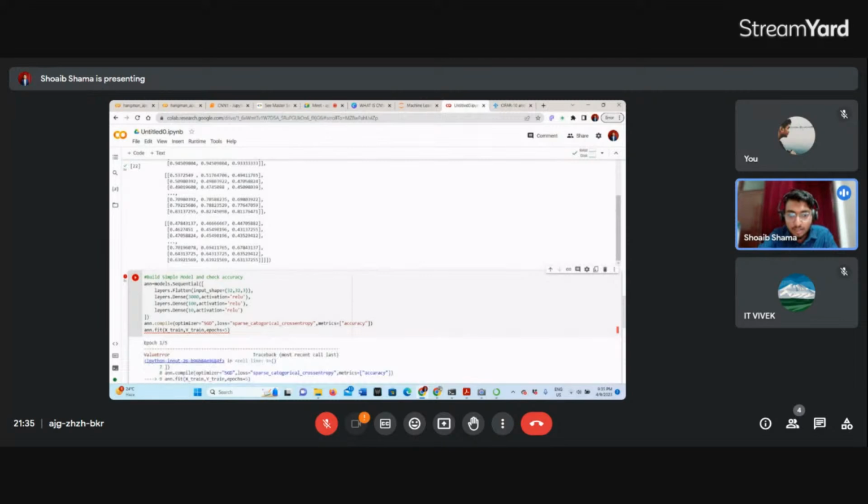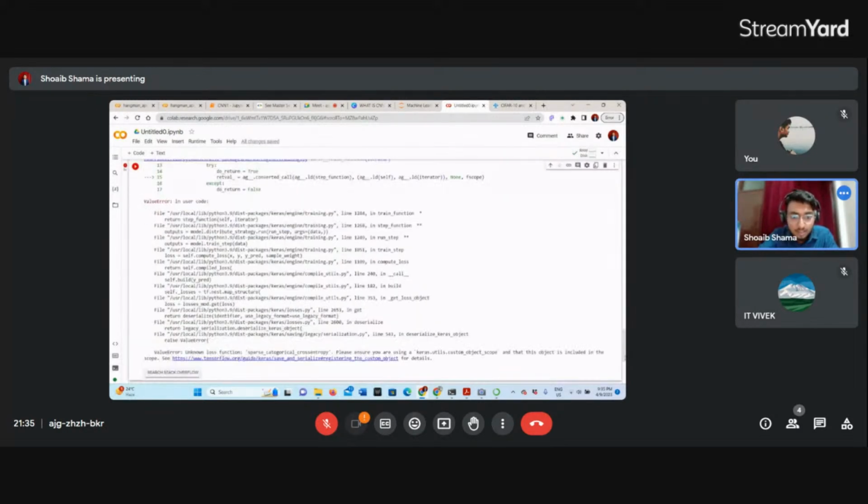Again, it's not working fine. Accuracy. Unknown loss function. I guess the spelling is not correct. Let me check the spelling.